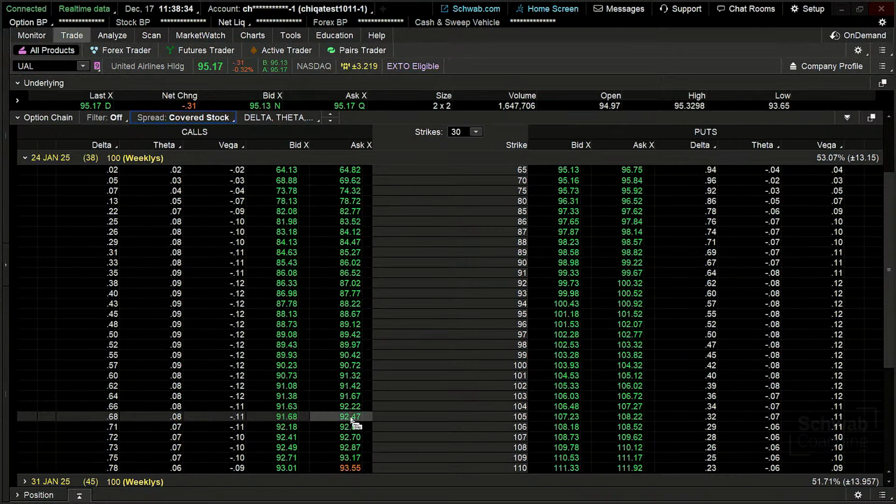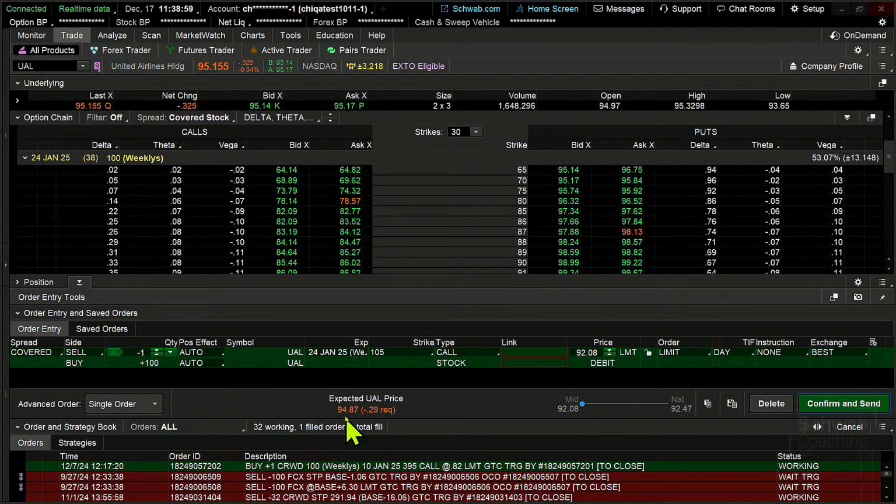My expectation in this case is that I get called out of the stock, right? The stock gets called away from me. It's as if I'm putting in a stop order or a limit order to sell the stock if the stock goes up to that 105 target, but I'm capitalizing on the ability to bring in some premium here. So we're using a covered call strategy to trade this bull flag. I'm going to buy the stock and sell the call option at the same time, and create that obligation.